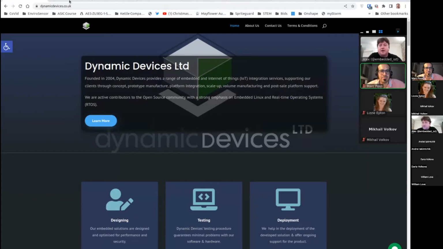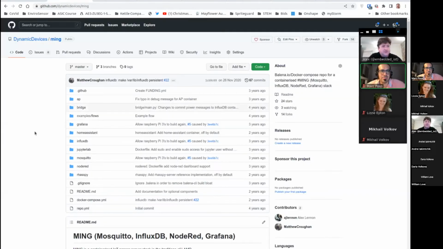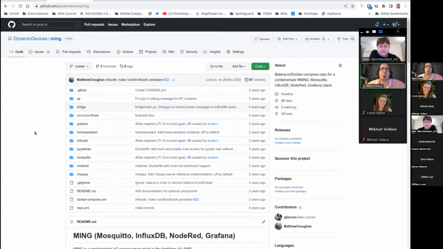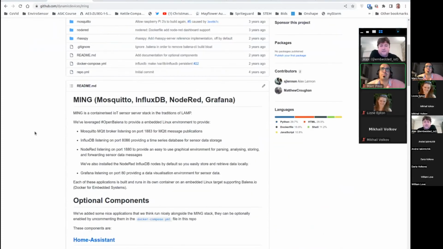Probably much more interesting for the purposes of this chat is we try and put a lot of what we do on GitHub, Dynamic Devices. If you're interested in MING, you'll find all of the bits and pieces that we've been working on in this GitHub repo. Essentially, it's a Balena containerized set of components for this MING stack, which consists of